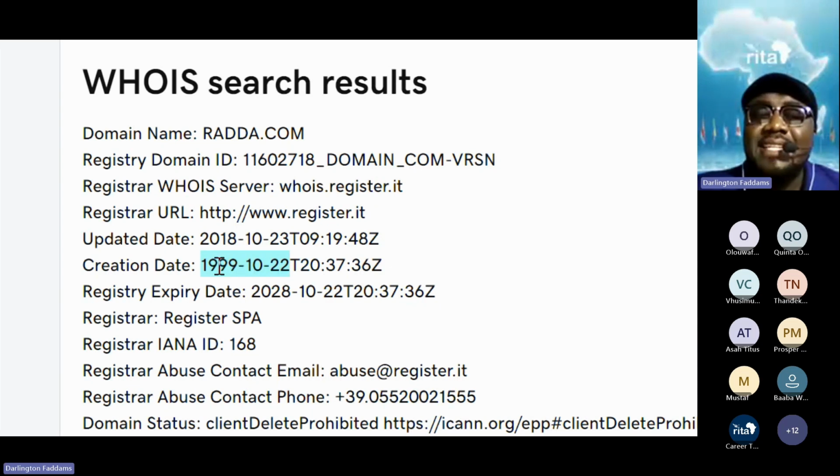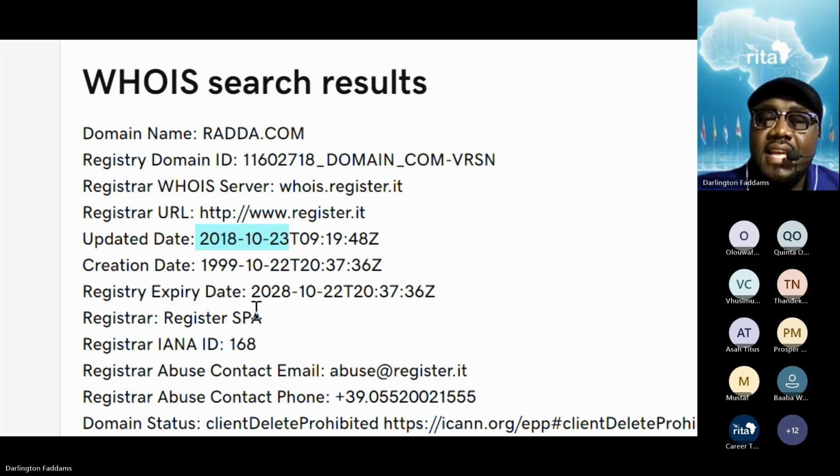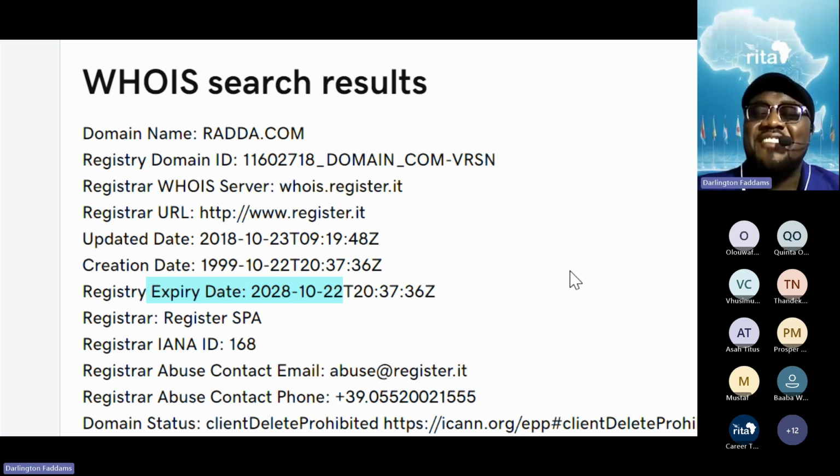You are going to see the updated date. Updated date means when it was recently updated, probably renewed, mostly renewed. So we can say that the name was renewed recently. The last renewal was done in 2018. After 2018, there hasn't been a renewal. And it was renewed for an additional 10 years. And so this is the expiry date. This name will be free in 2028. So if you are thinking of waiting for the name, forget it. This person paid for 10 years in advance, to 2028.